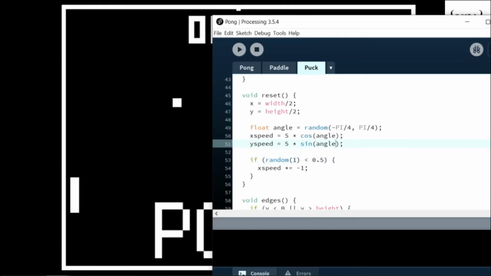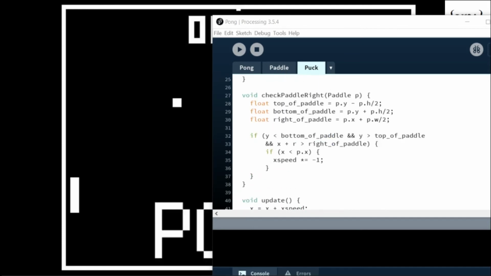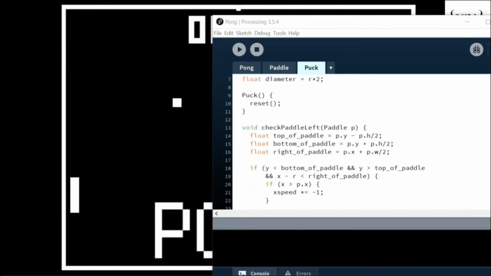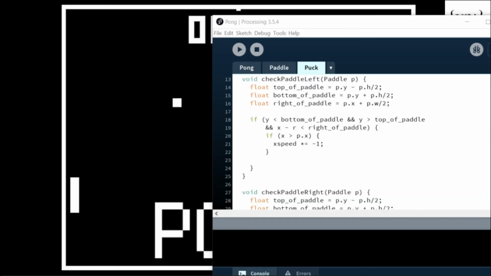So next we want to change the angle of the ball as it hits the paddle, because it's really boring. The angle never changes whenever the paddle is hit. So if it hits the top of the paddle, the angle should be really sharp. If it hits the smack dab middle of the paddle, then it should have no angle change. Basically making the game a little bit more interesting. So let's go into our check paddle. So check paddle left,